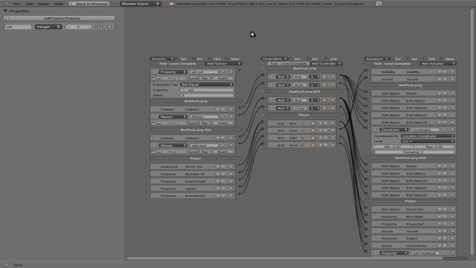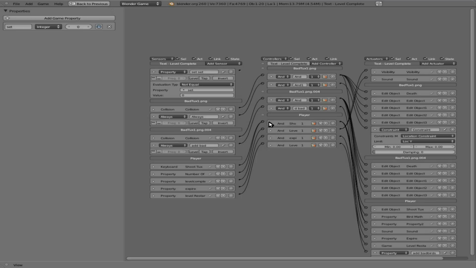Okay, I'm just trying to think of what to name that. Okay, so if set is not equal to 0 and down here number of birds equals 0,